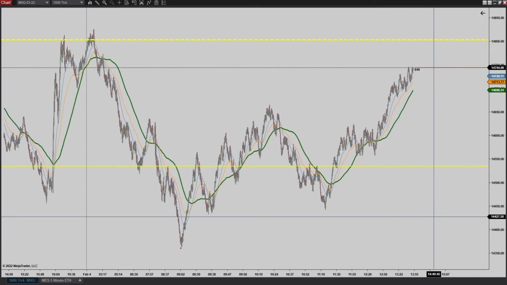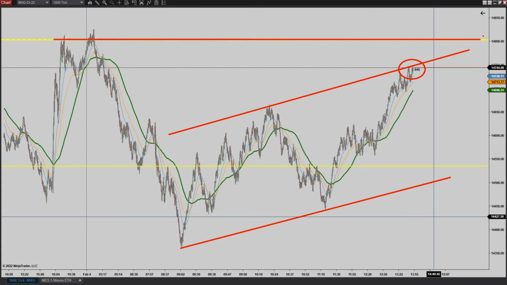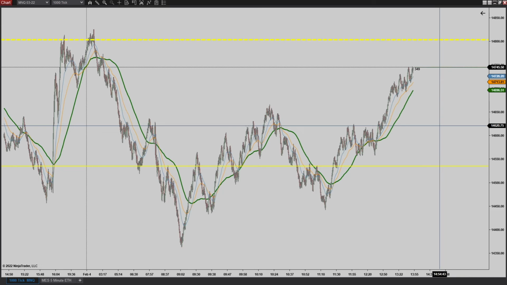Well, realistically, it seems like the buyers are holding the lows. Maybe this is a channel high. We could be coming up in towards some resistance here. And, well, if it does want to go further, the next zone is going to be settlement, right up to 14,800. So realistically, if I'm looking to be a buyer here, I'm limiting myself. I don't have a whole lot of room to continue going. Not to say that it can't break the high and just keep on trucking all the way up.